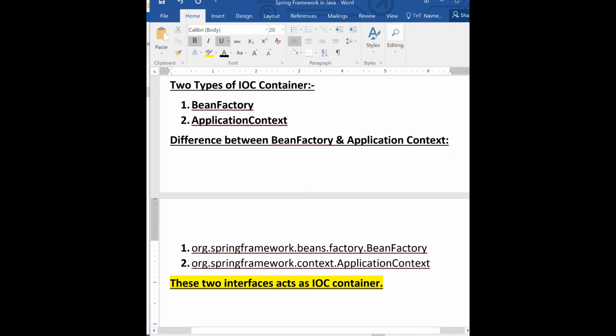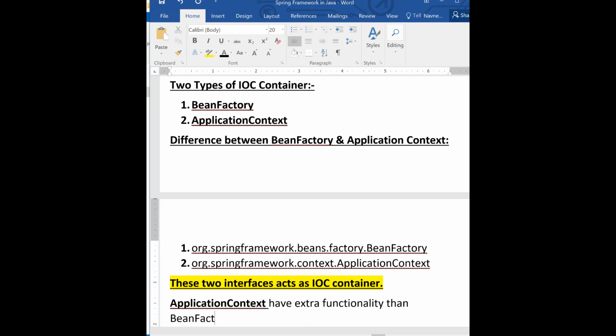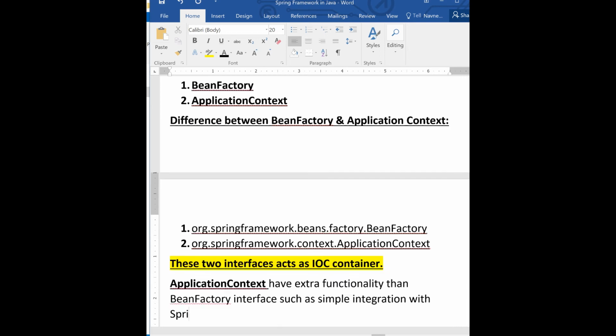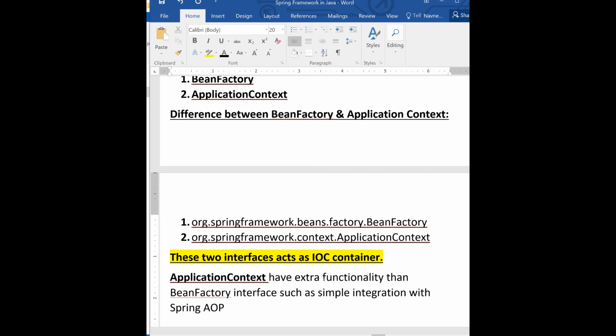Let's first understand the points I told you. ApplicationContext has extra functionality compared to the BeanFactory interface, such as simple integration with Spring AOP, which we will understand later.